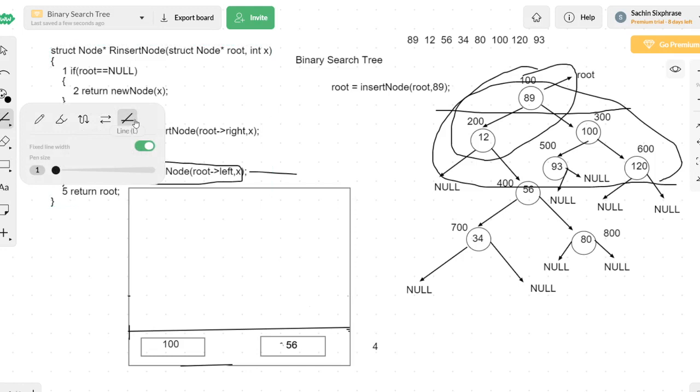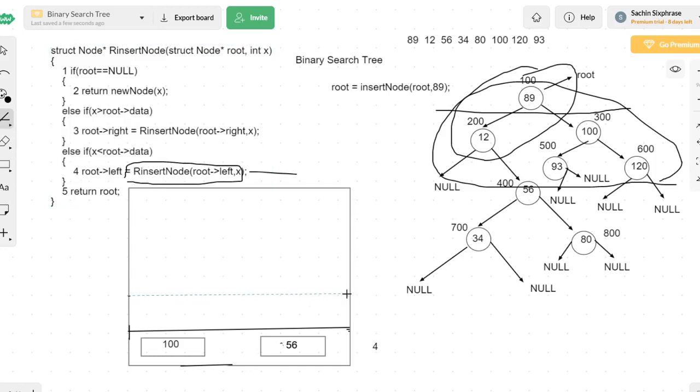For that recursive call, you will create one more activation record on top of it, inside which we take two memory blocks. One block is for root, the other block is for X. X is not going to change, the same X comes. But instead of root, we pass root of left. Root of left, that is 89 of left, is the node having data 12 with address 200. So instead of root, we will be taking the address 200. Again, after calling from here, I enter into the first line and check whether the present root equals null. No, so I come to the else if condition.